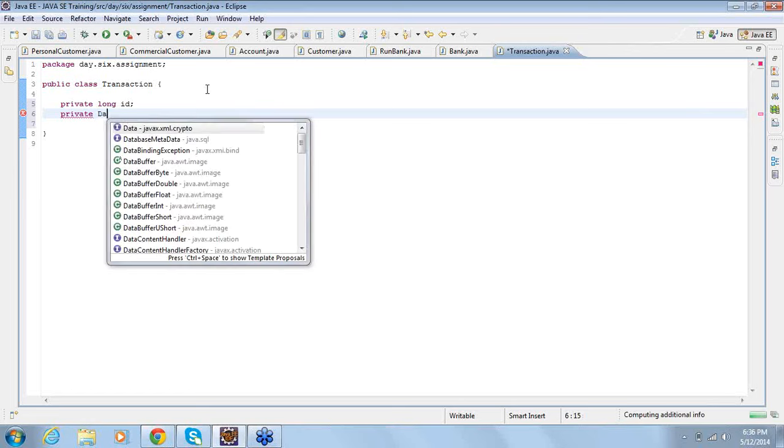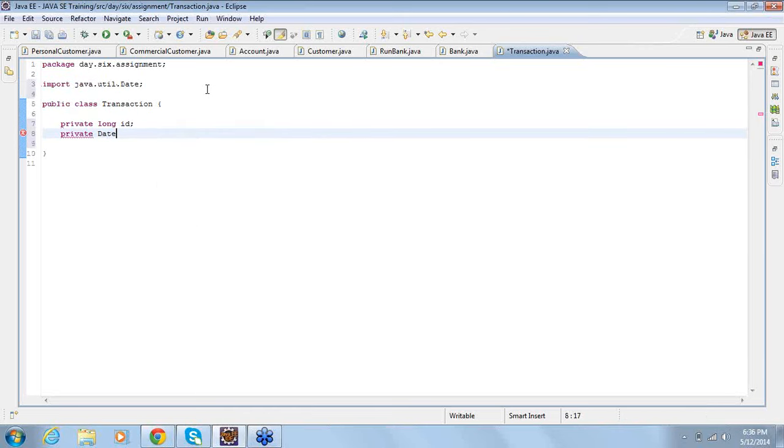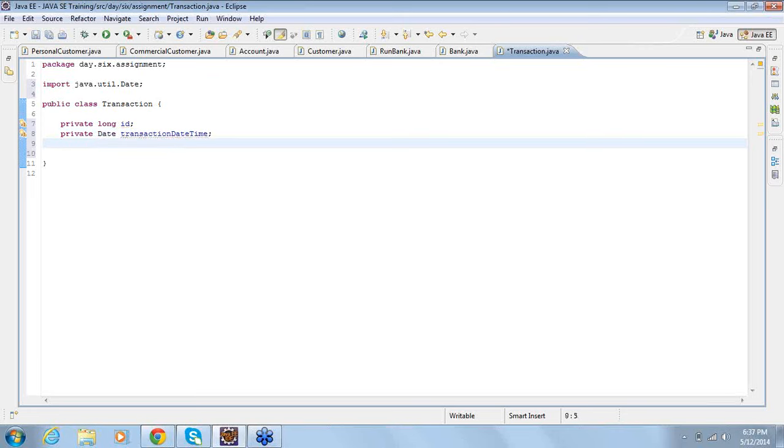So we have a data type in Java and it belongs to java.util package. So we got an ID, we got a date and time of the transaction.